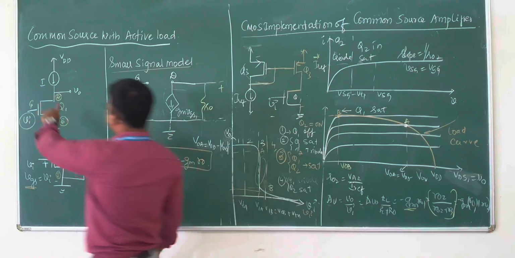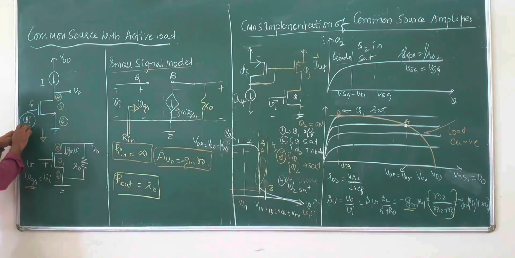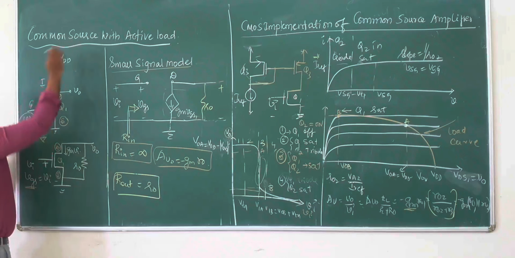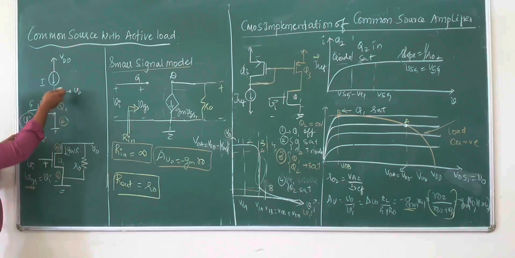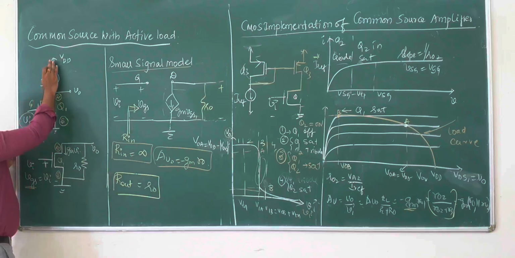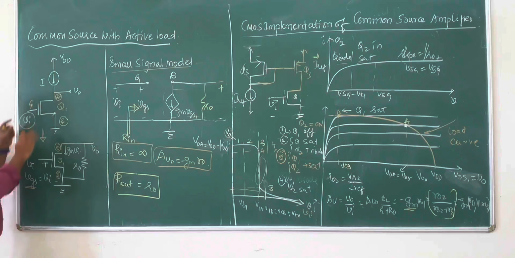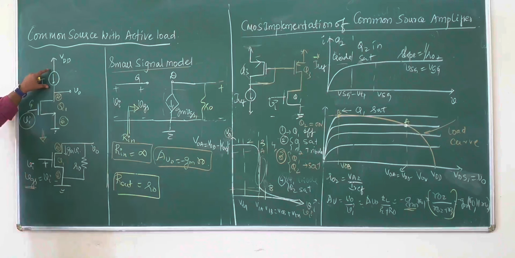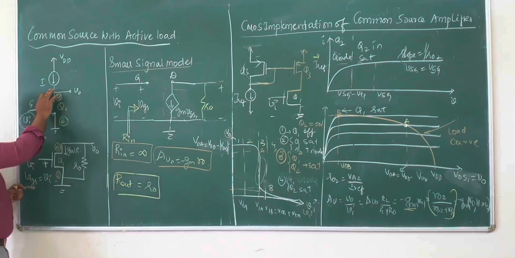Now, to analyze, to start with, you need to give an input voltage for a common source amplifier to the gate. Let me call it Vi, an AC voltage. Then the source is grounded, so the name common source. At the drain, we will be taking the output voltage V0. Between the drain and power supply, a current source is used. This current source acts like a load, and as well it acts like a biasing. It helps for biasing the Q1 transistor.